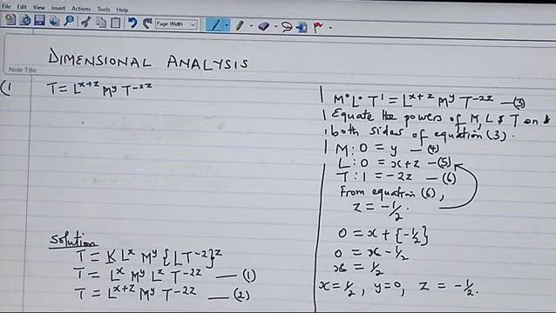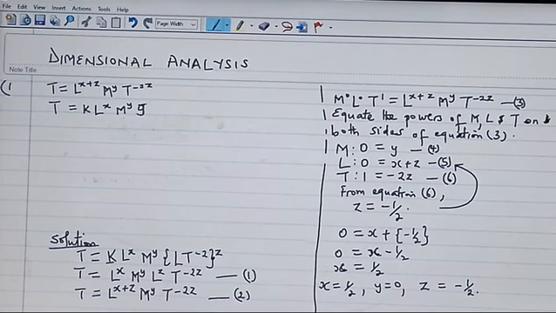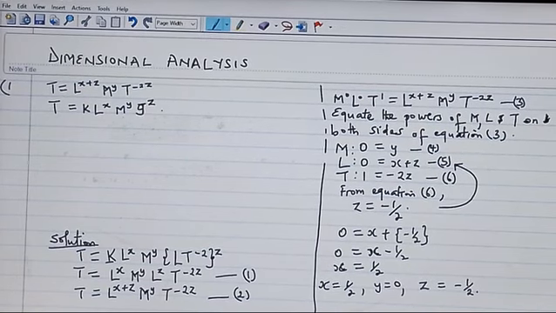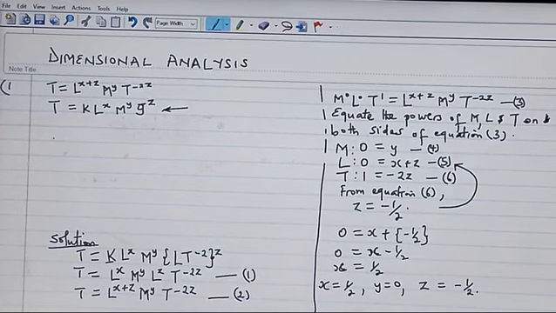But remember the original equation. We'll substitute into the original equation, which says that T is equal to K, L raised to power X, M raised to power Y, and G raised to power Z. So we'll substitute the values of X, Y, and Z into this equation. If we do that,